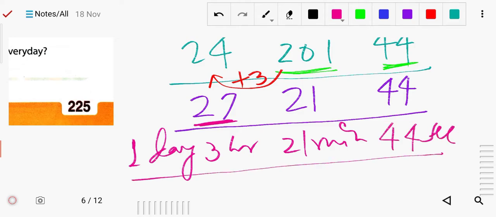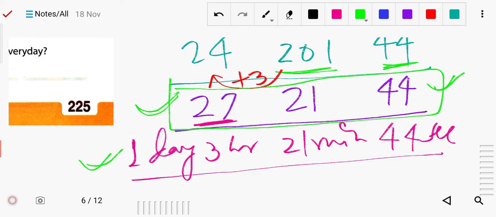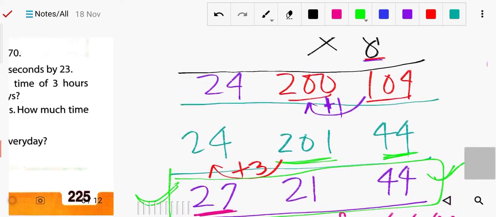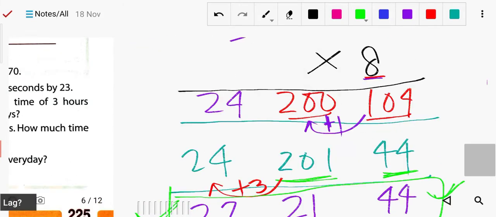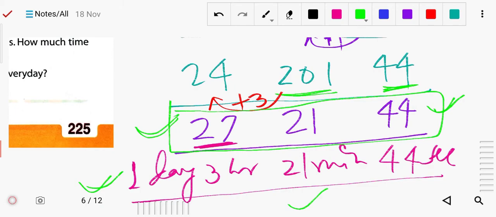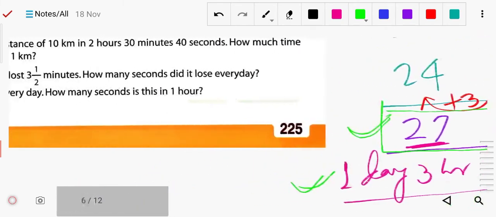Okay, up to here also you can leave it, no problem. This is your answer also, 27 hours 21 minutes and 44 seconds. But if you do this step, you can go up to this step also. So this is about how to multiply. First of all you have to multiply whatever number is given, then change it one by one. Whatever the carries are, you just forward to the next and do it like this.